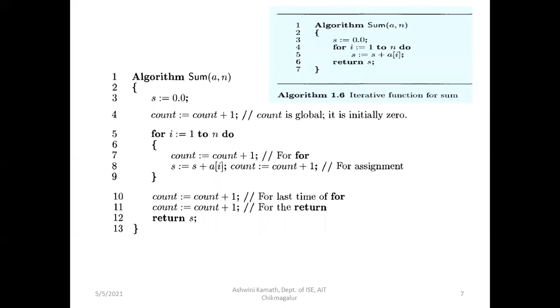So now we'll count how many executable statements are there for this algorithm. So you can count.